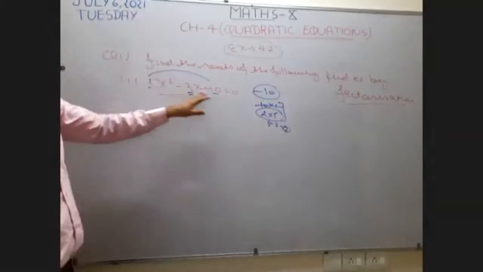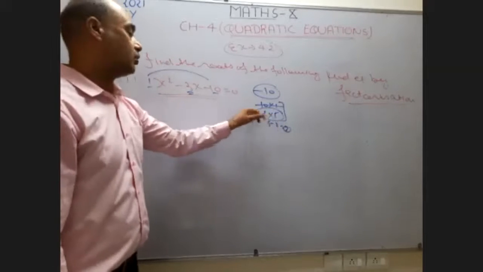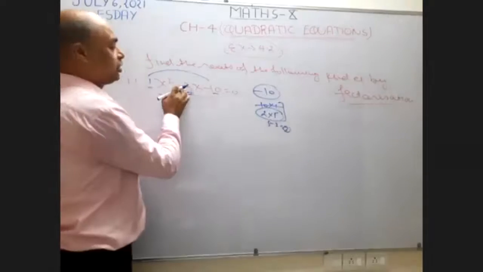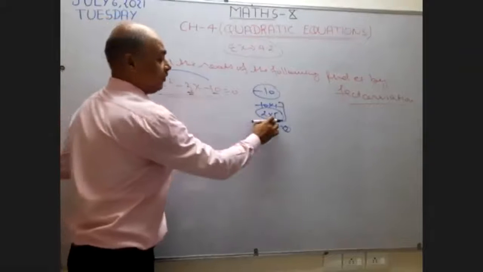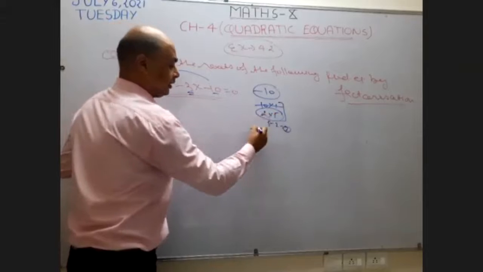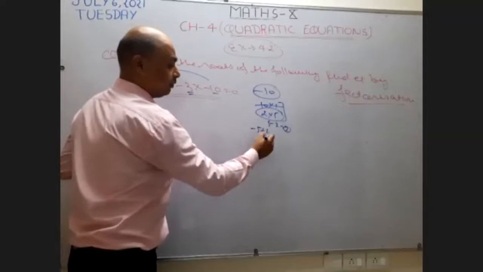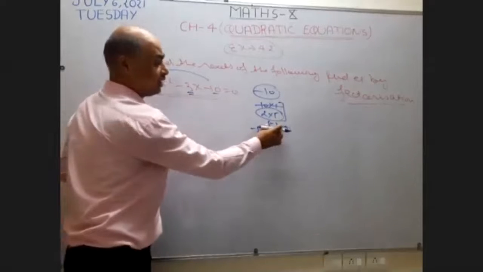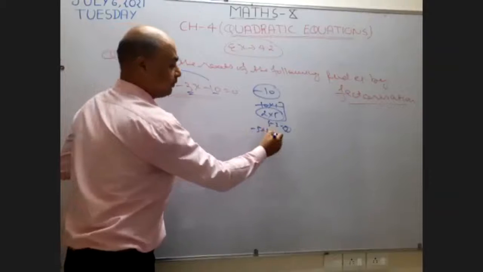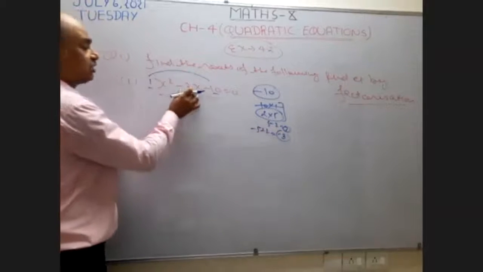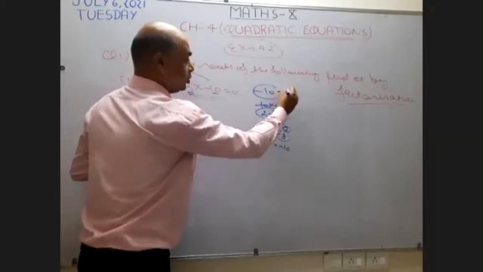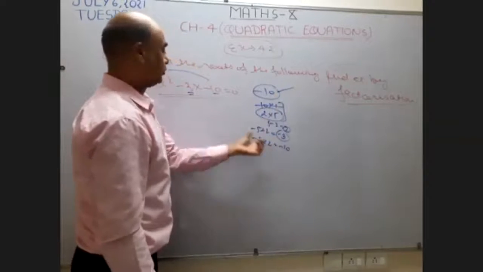It means I want to take this pair. Now the question is which sign is going to be taken by 5 or 2. The given sign in the middle of the question is minus. This negative sign is going to be taken by 5, the larger number. If I give the negative sign to the larger number, automatically 2 becomes plus 2 because I want the difference. So this becomes minus 3. See, minus 3 is there. Now multiply these two numbers. When I multiply minus 5 by 2, this becomes minus 10. So this is the required factor pair for the question.